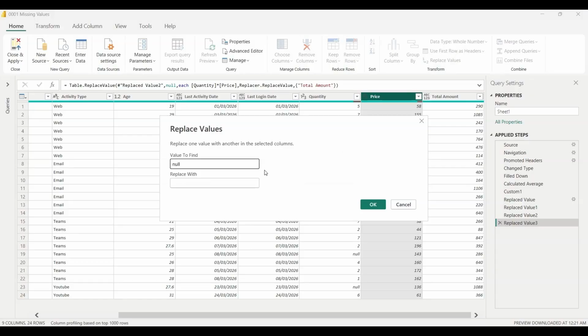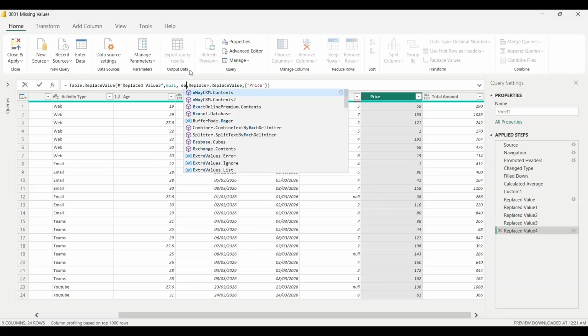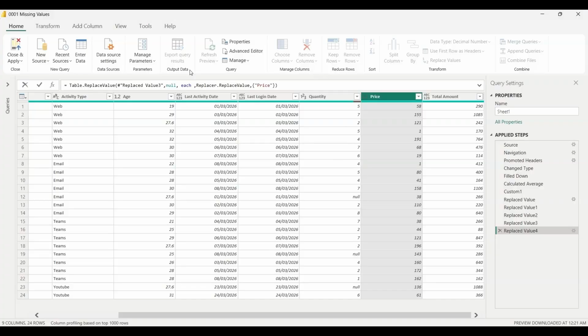Now, this time we'll replace this with each, and then we'll divide the total amount with quantity. Okay,